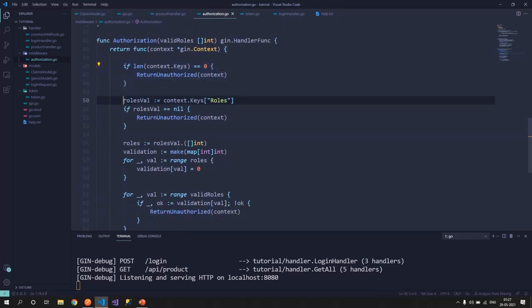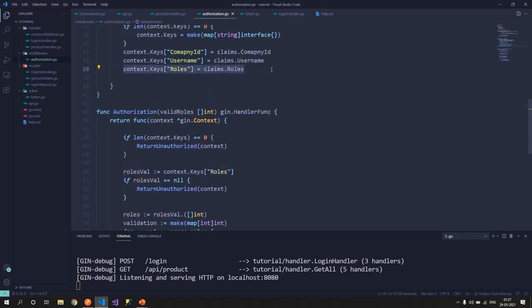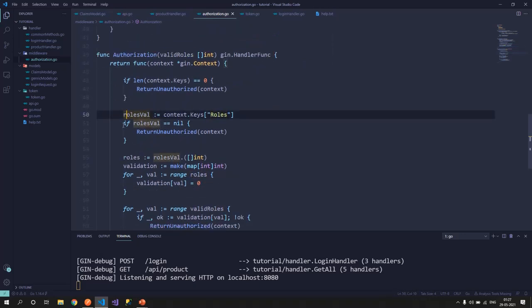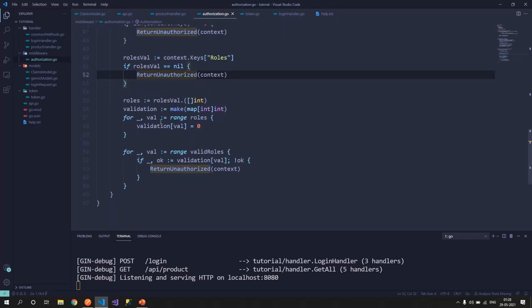Then I'll take out the roles from the keys. If you see, I have set the roles in the map. So I'll take out the roles, and if the roles is null, that means I've not got the roles set, so I'll send unauthorized access again, because if the user does not have any roles, I would not want that user to be in.